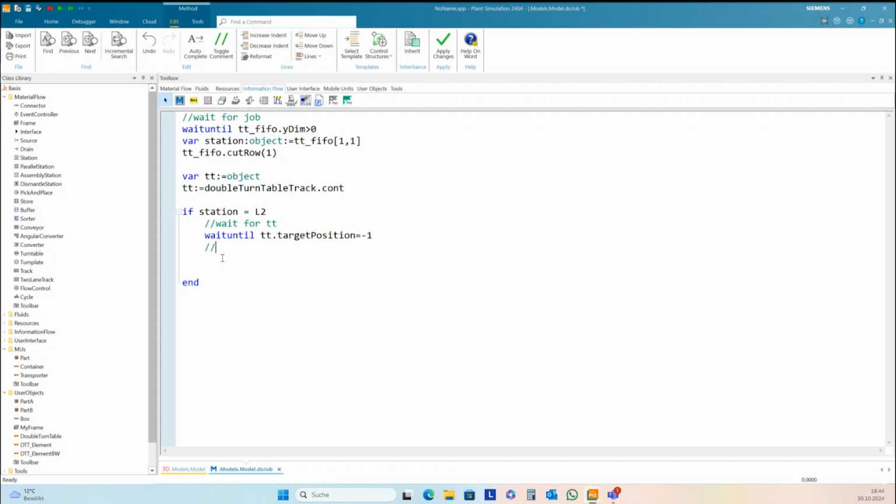And then we need to check if we are already on the right position. And we cannot check this with equal, because it's maybe 1 millimeter before or behind, and so we need to check it with near, 3 multiplied with pi.